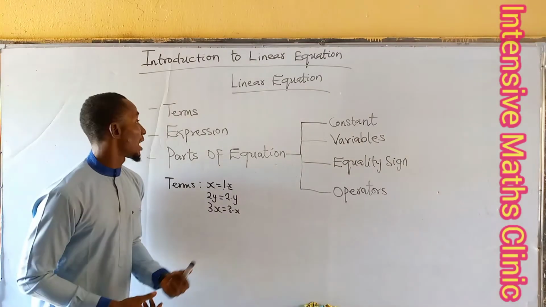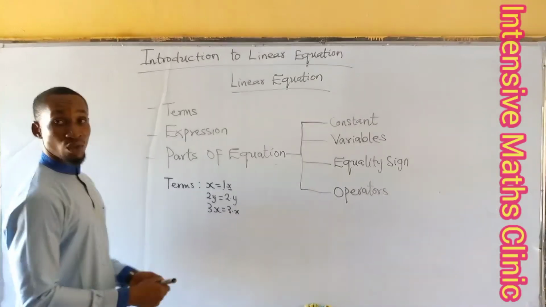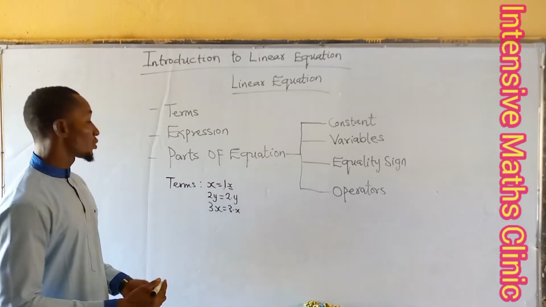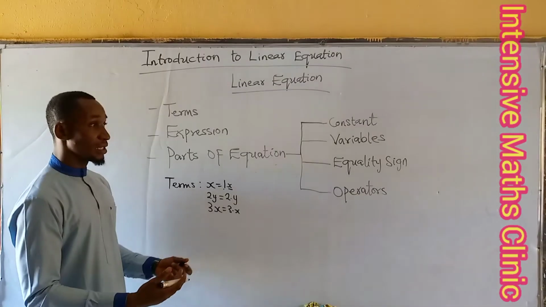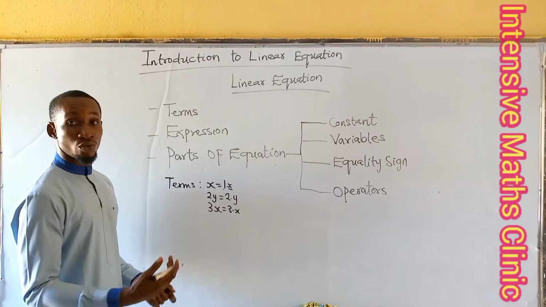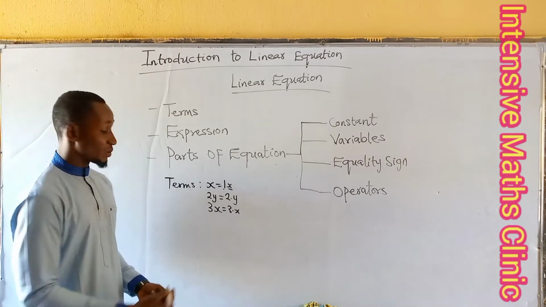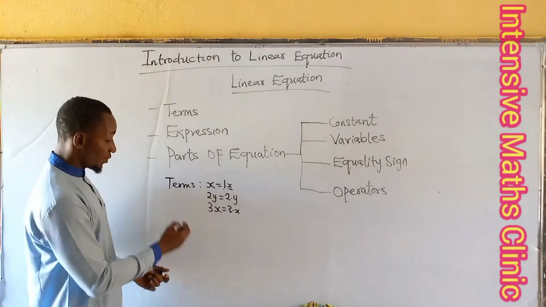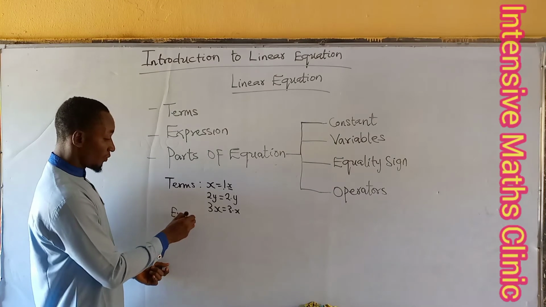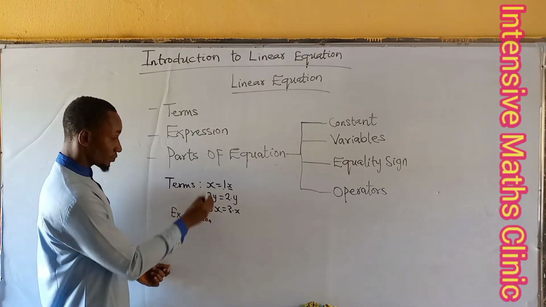So the next one is expression. For us to get an expression, it has to do with what? Combining or bringing together of what? Two or more terms. What am I saying? Look at what we have here. An expression can be formed from this: x